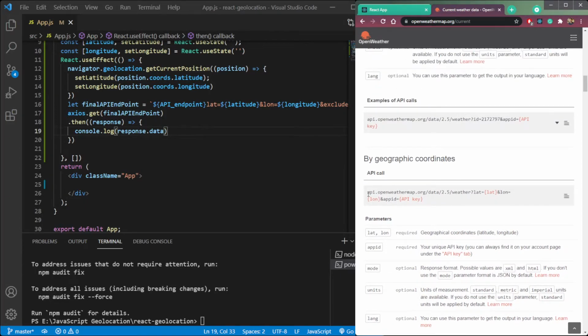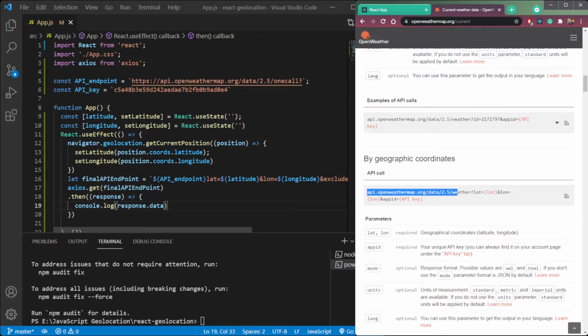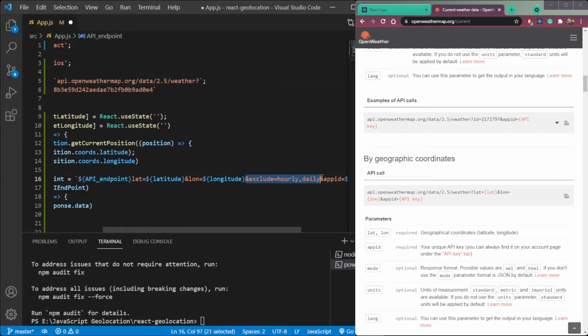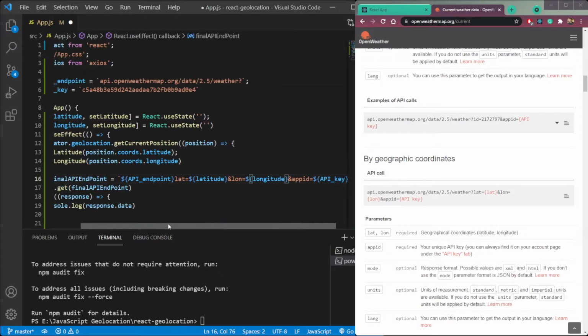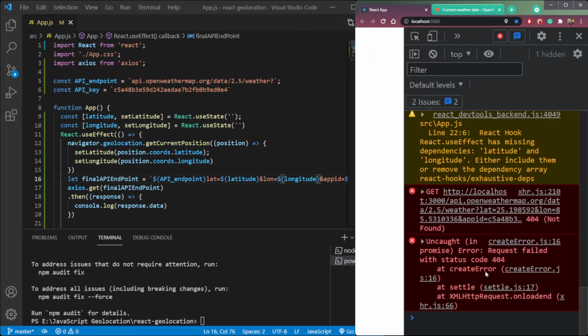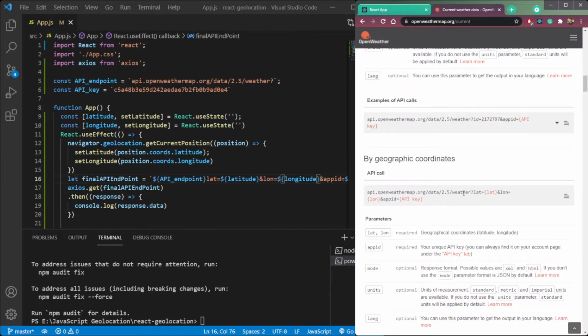Let's try this API. So we have the One Call. Copy this till weather question mark, and let's try this now. We need to remove this exclude hourly and daily. Now let's check. We are getting an error, not found data.